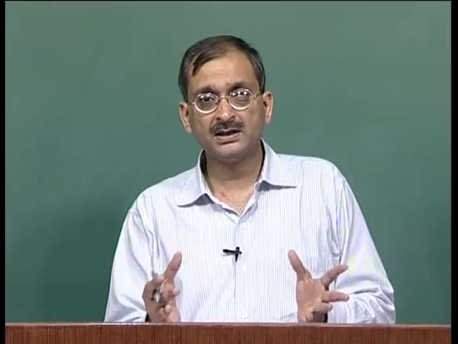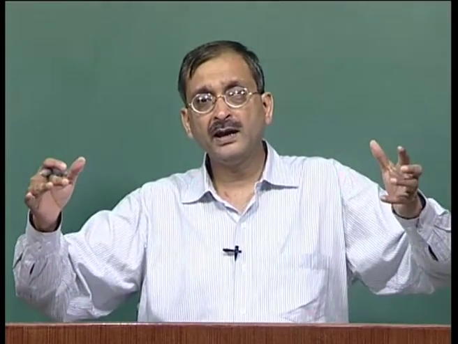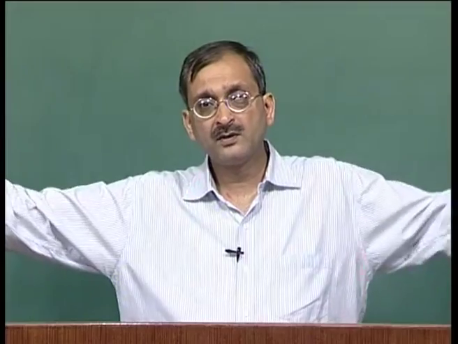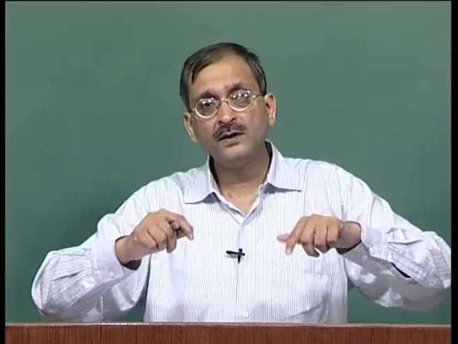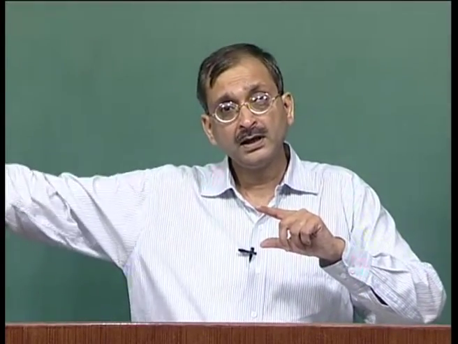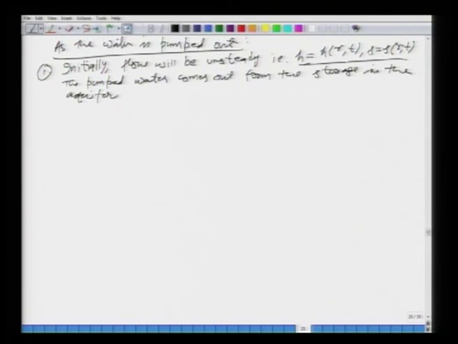And later on we will see that after the equilibrium state has been reached, the groundwater table will go back to the area of influence, and at that point you will have the groundwater flow taking place from all the radial directions. So, the water will be coming out not only from the storage, but also from the inflow coming from larger distances. We will come to that a little later. So, this is the first point we want to emphasize, that initially things are unsteady as we start to pump the water out.